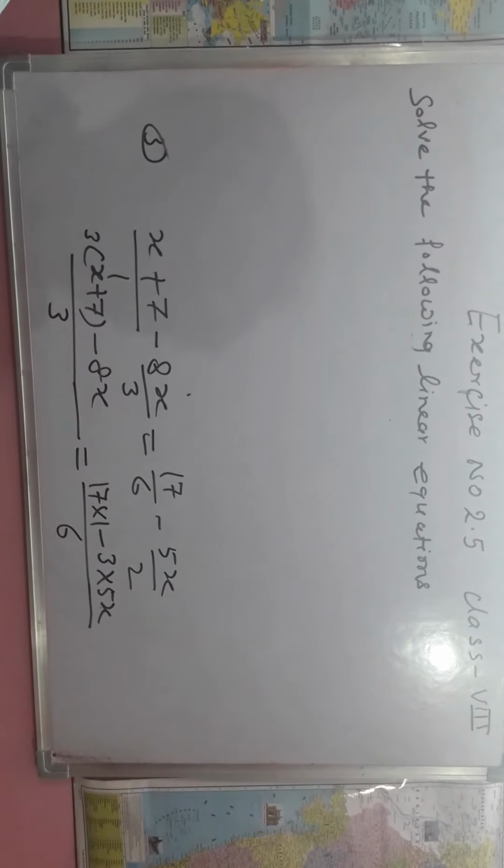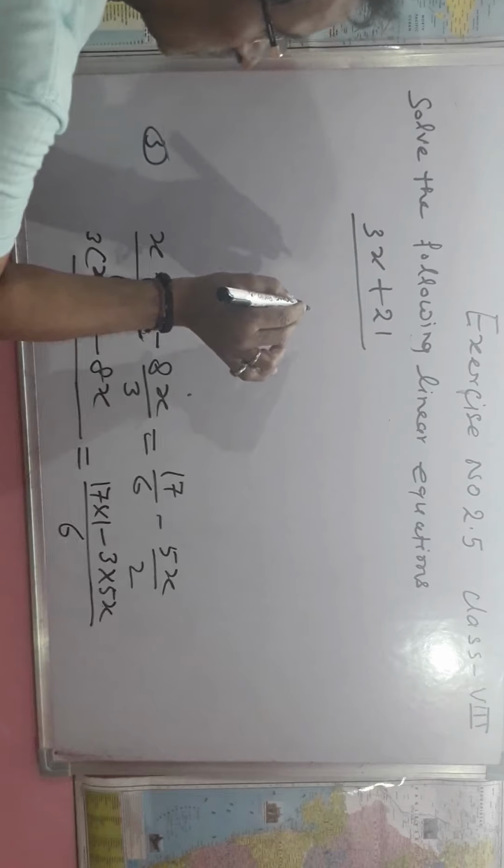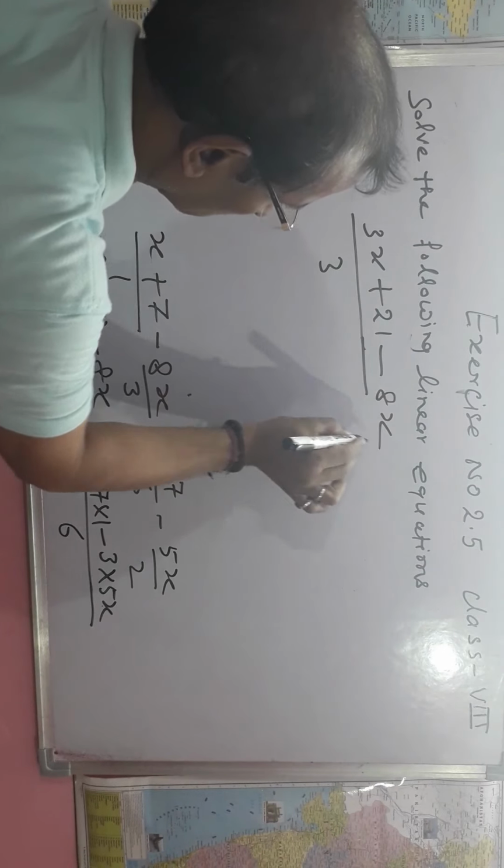Then we multiply, we get 3x plus 21 upon 3 minus 8x is equal to